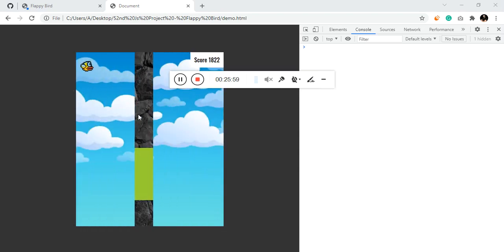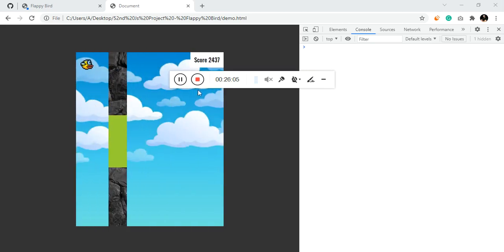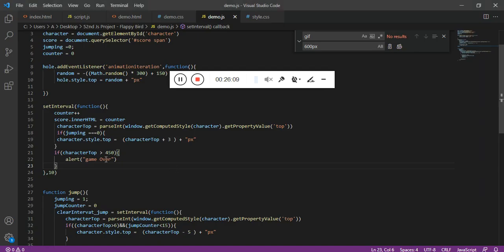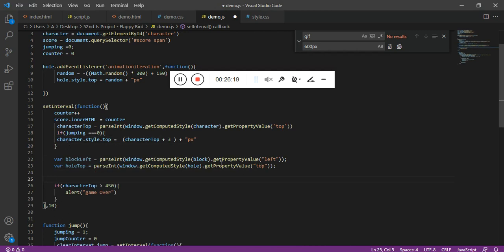The first one is the position of the block on the left side, and then the position of the hole. So let's get this using the same computed style value. Cool, let's have this over here. So we got the position of the block left and hole top.